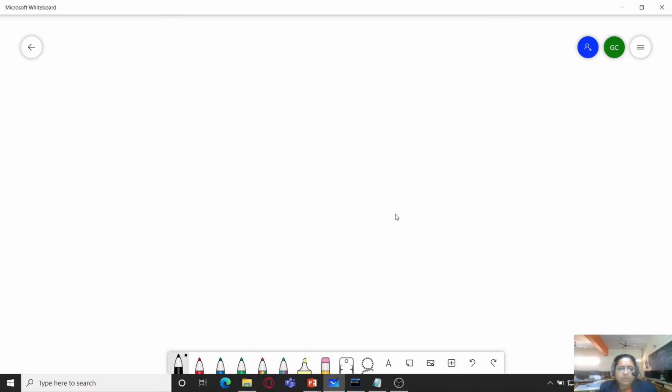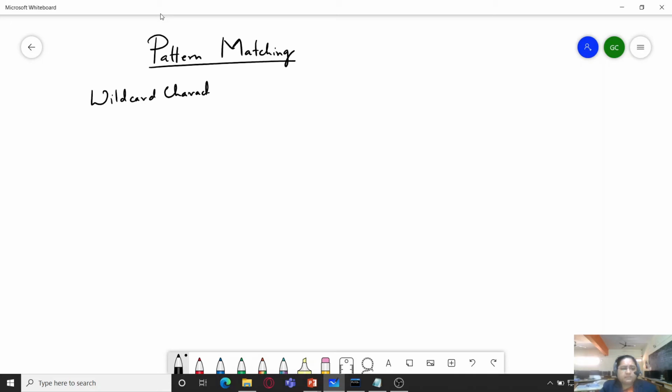Now I'll give you a short introduction about pattern matching over here. In pattern matching, we make use of certain characters which are known as wildcard characters. These wildcard characters are, one is an underscore symbol and the other one is a percentage symbol.